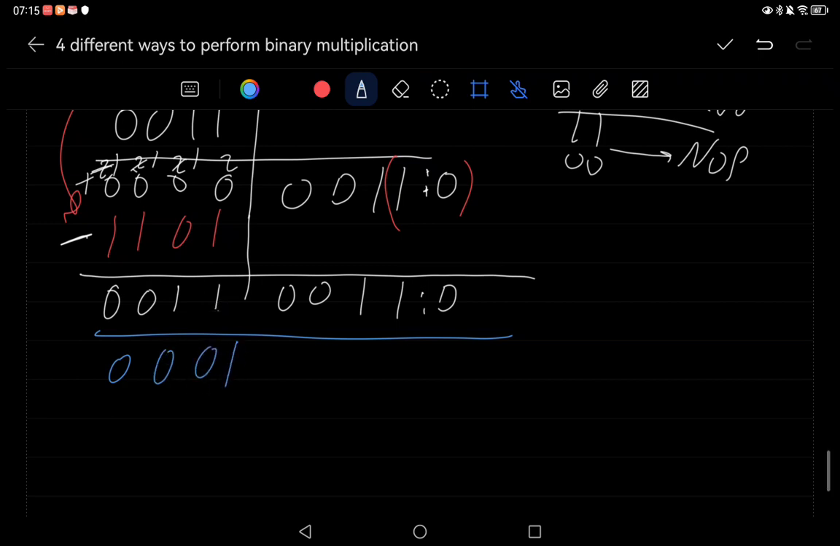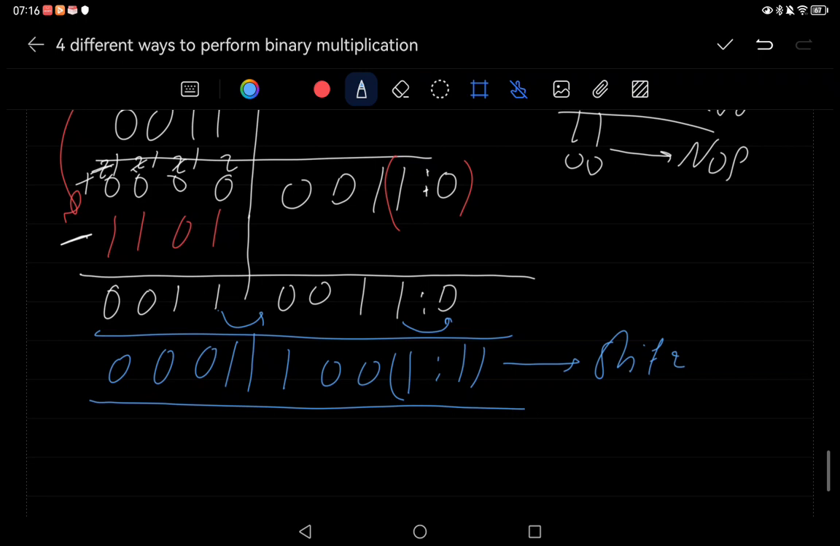0, 1, this 1 will be moved here. So here 1, 0, 0, 1. And here I will have 1, this one will be moved here. So in this case I have 1, 1, so I will do nothing. This is first shift, so I will do nothing. 0, 0, 0, 1,